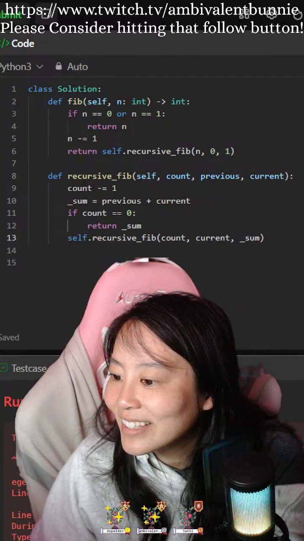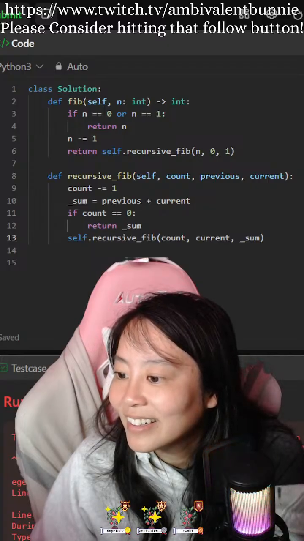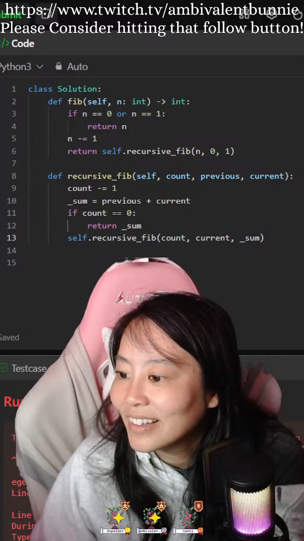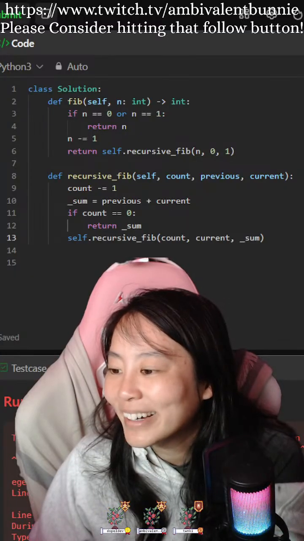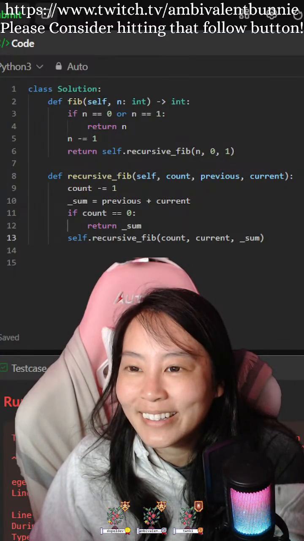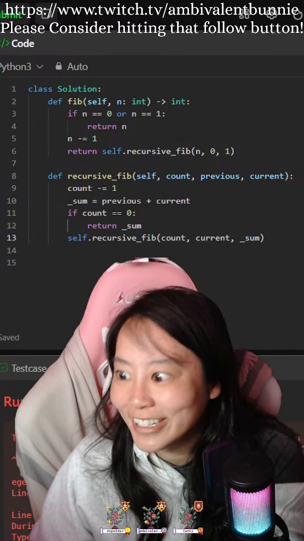An iterative solution might be easier. I mean, I could just do a while loop, but that seems very slow and memory inefficient.